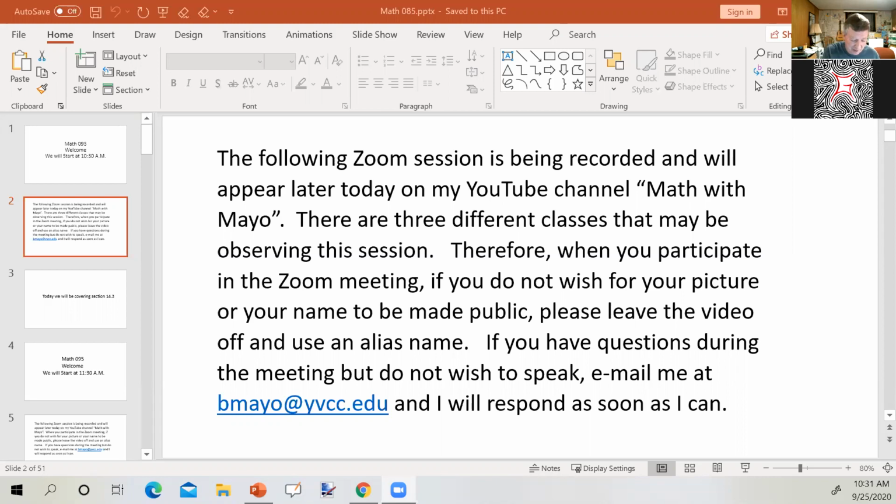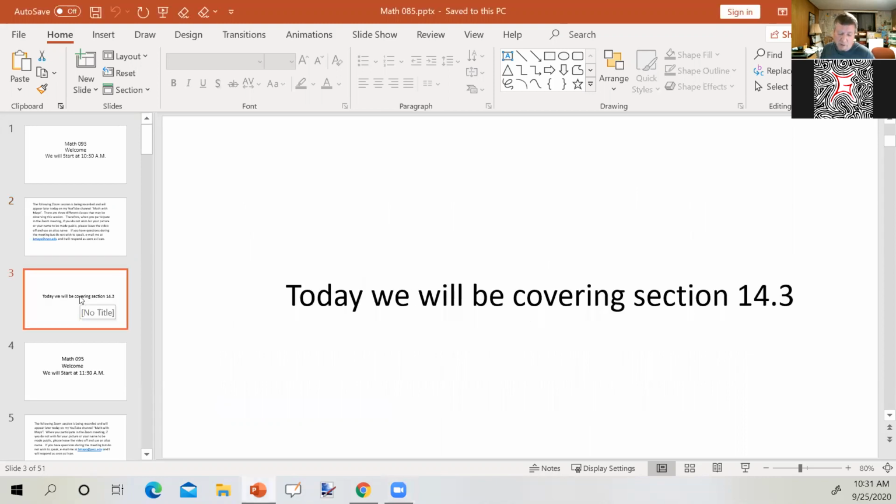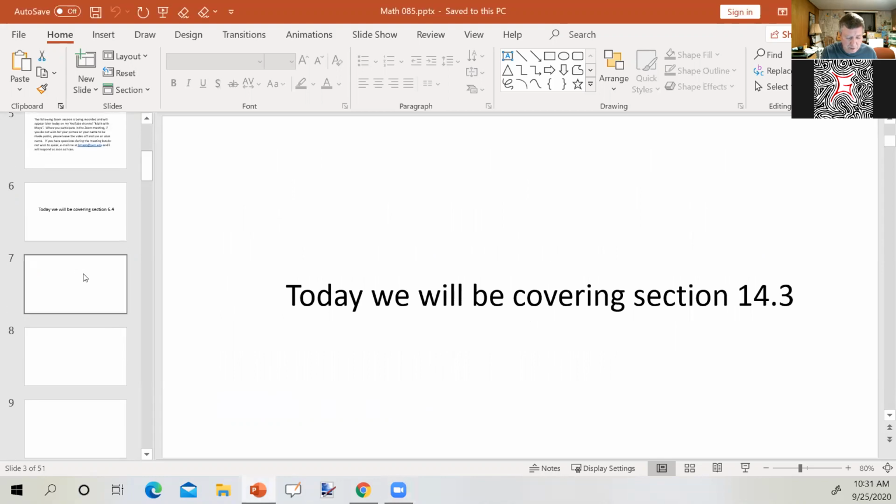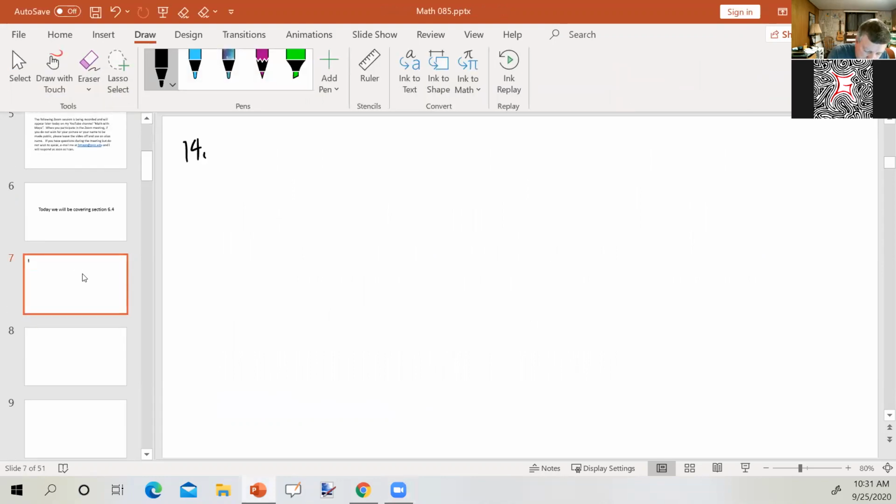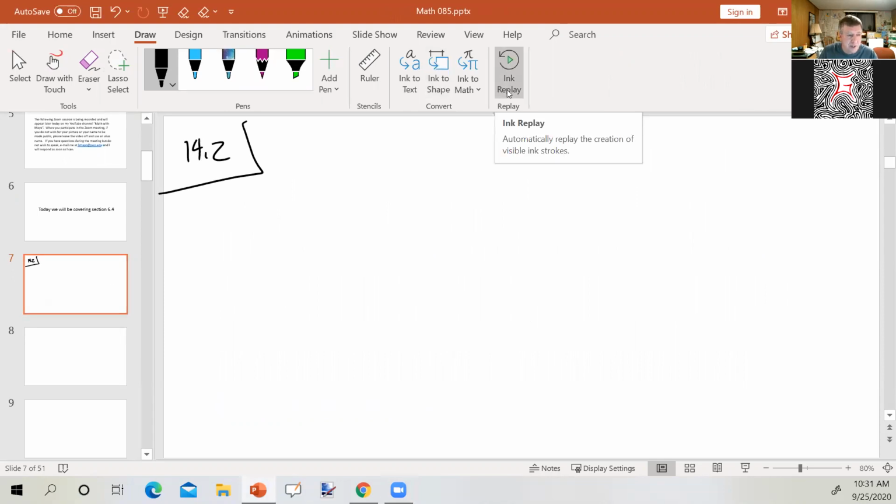All right, so eventually today we're going to go on and cover section 14.3, but before we do that, we're going to look at some questions that people emailed me last night, as well as any other questions you might have from section 14.2. So this is a question off of WebAssign from section 14.2, and it says, write the first 5 terms